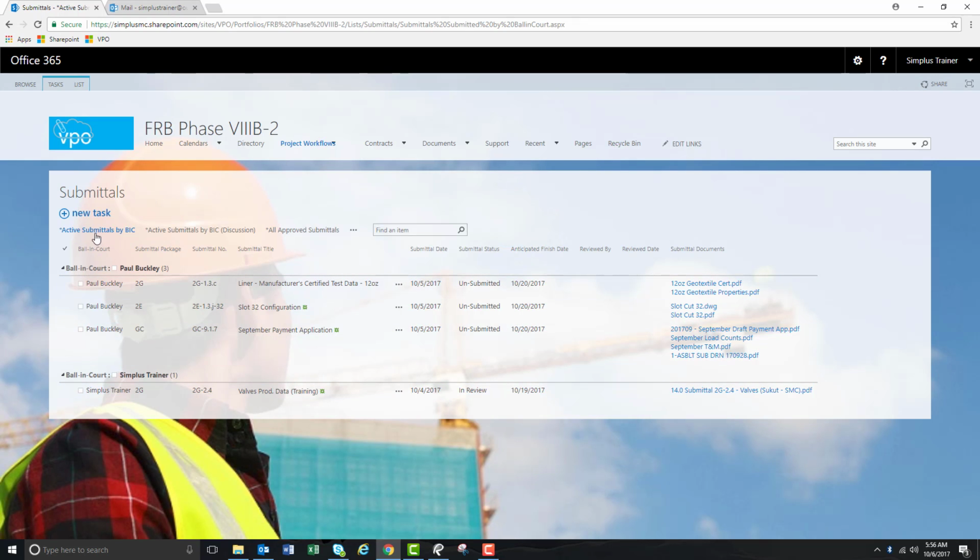Once you get to the submittal items, you have your views list, which you can arrange these items in your own perspective or how you would like to go about finding certain items. Right now you'll see the views is organized by active submittals by ball in court. And you'll see there's 3 items in Simplus's court and 1 item in the engineer's court, being the Simplus trainer for this video. So once we've realized that we have a submittal in our court, we can again get into the Submittals module. We can click on that item,